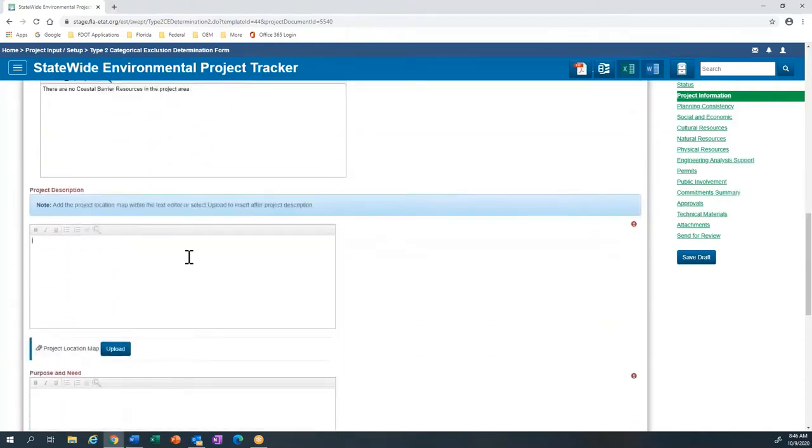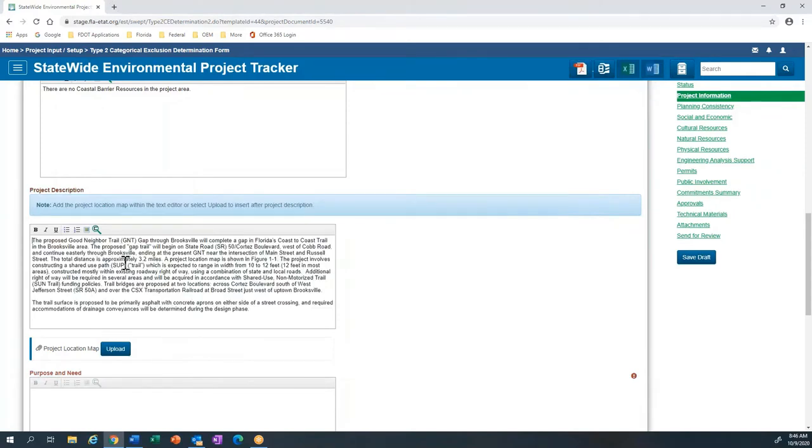Next, we go to the project description. And this is just an editor box. And again, I can copy and paste in here, or I could just type it. I have some formatting options. For example, I may want to bold this figure number. I can also italicize or underline things, add bullets, numbers. I have the option of adding